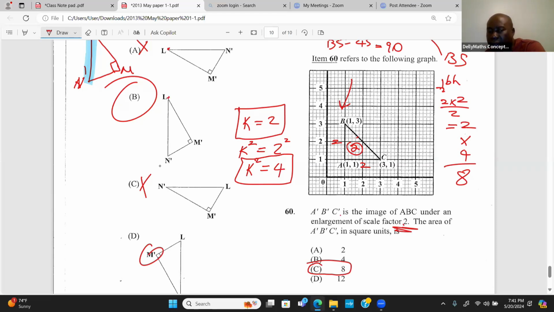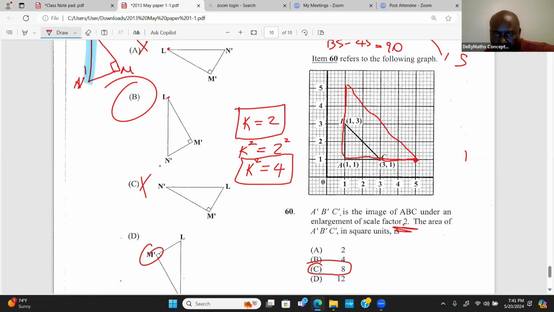So the scale factor links length to length, right? And let me prove it to you now. Let us blow this up a little bigger. Let me just show you the idea. If this was blown up bigger, this 2 would have become 4. So it would have gone here. And this 2 would have become 4. It would have reached here. So this would have been the new one. Just showing you. In terms of size, it would have been as big as this. Everything doubles. So I get 4, 4. So it would be half of 4 times 4, 16 over 2. Still get back 8. So I was just saying, if you had blown up the thing for real,